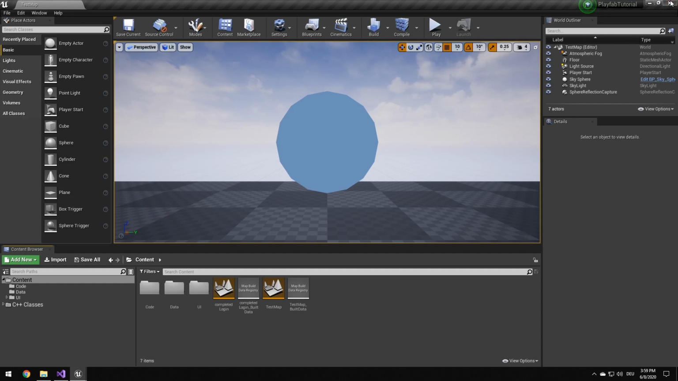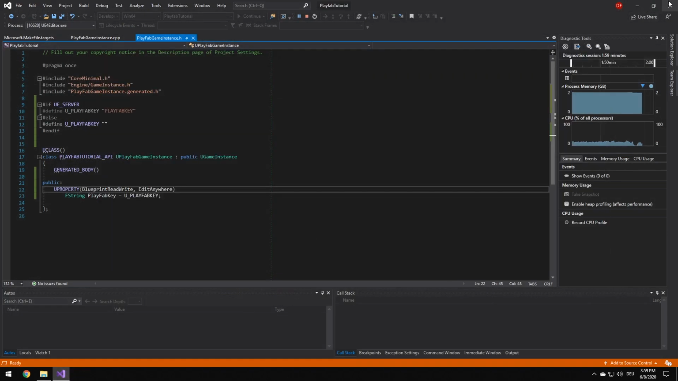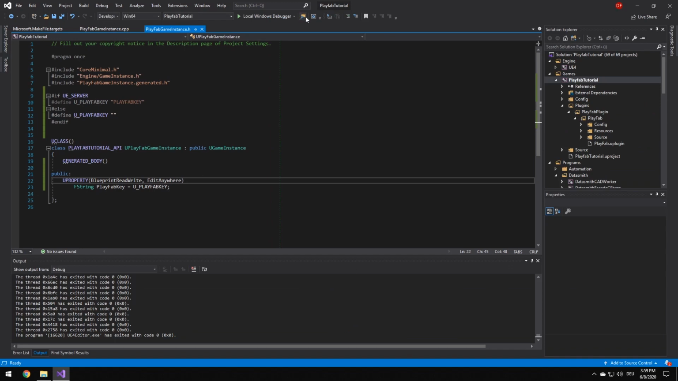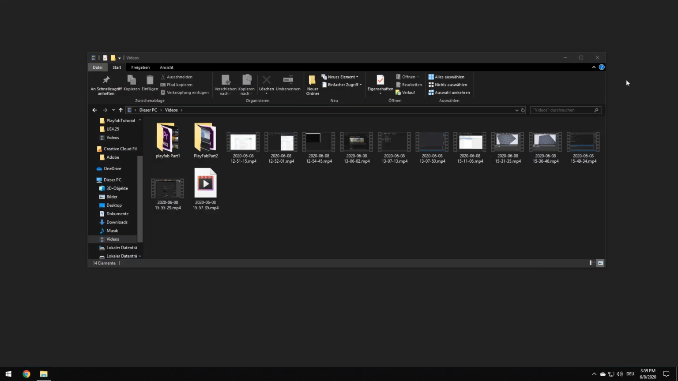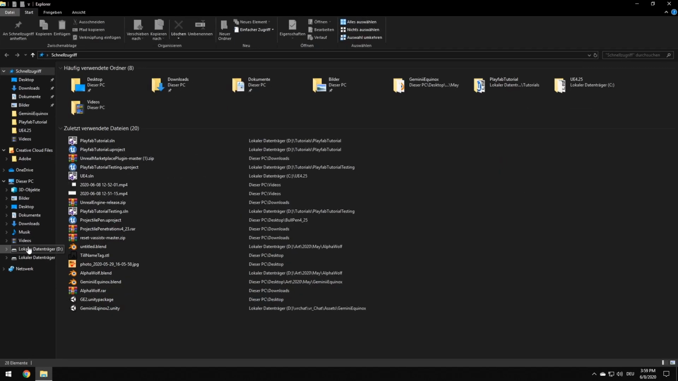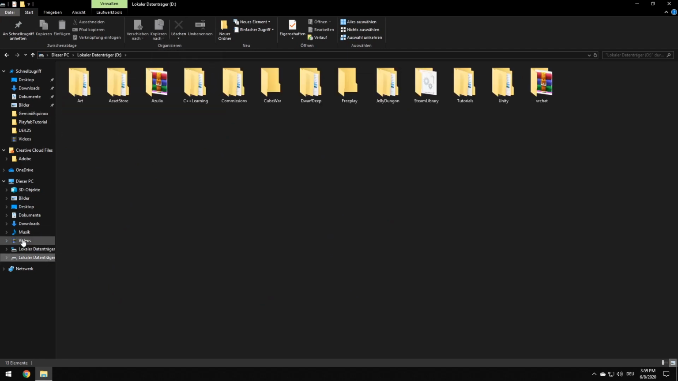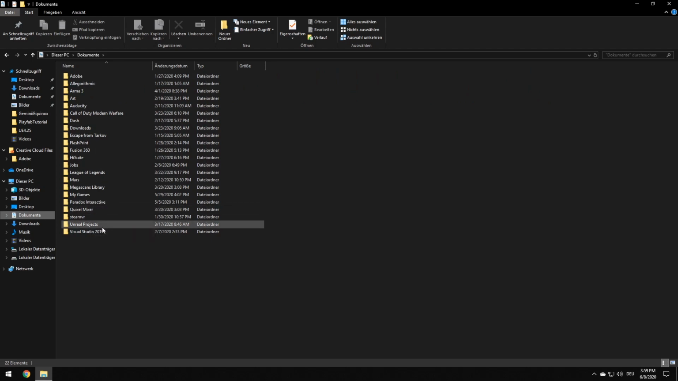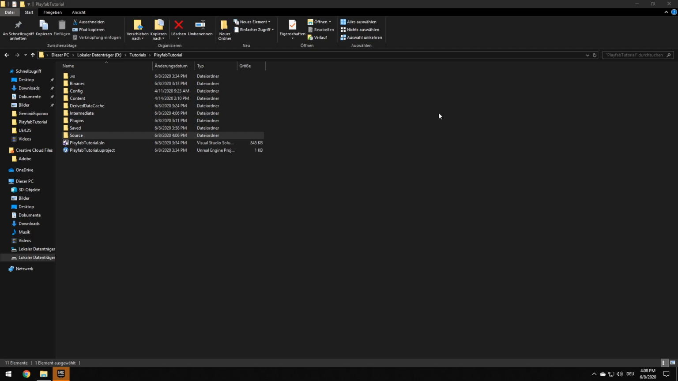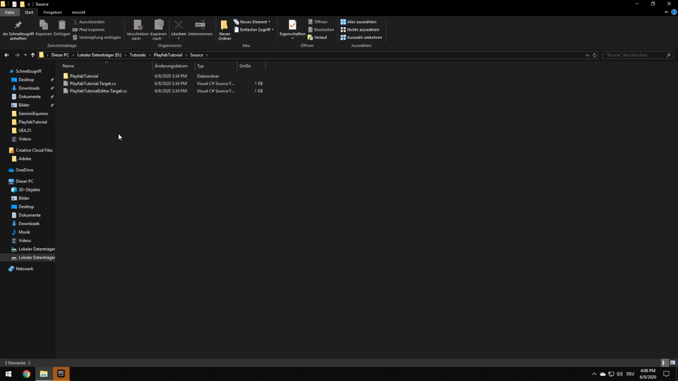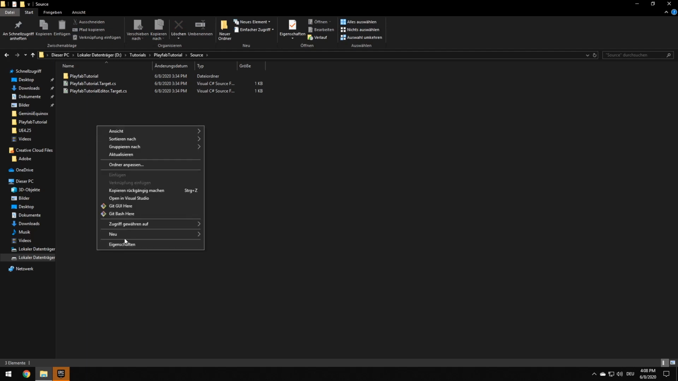So, if we just really quickly close this down and close Visual Studio, I want to stop debugging, yes. Close Visual Studio down, and we click in our folder structure and go to our, where's my Unreal projects? Nope, I think I have them in Documents, Unreal Projects. Nope, let me really quickly find it. All right, inside our folder, in our Source folder, we want to create a new file,